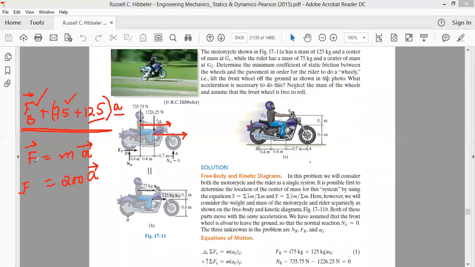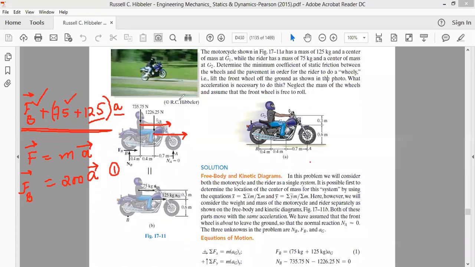From this equation, FB is equal to the product of mass and acceleration. So the force FB becomes equal to the product of mass and acceleration. Let's call this equation 1. Okay, now